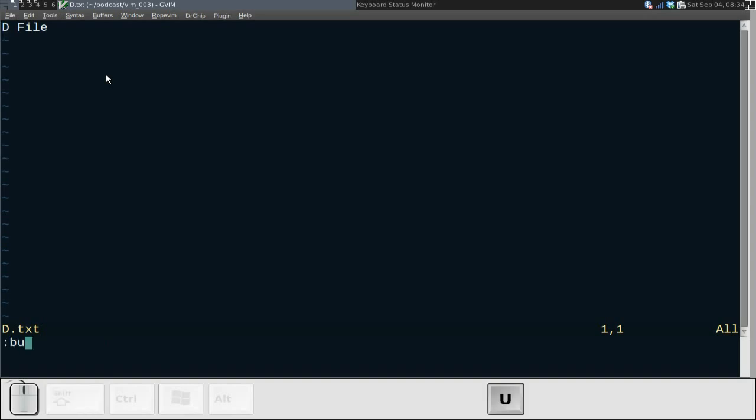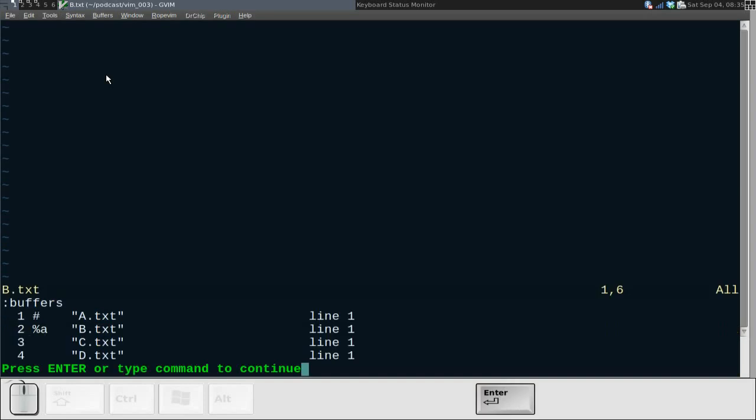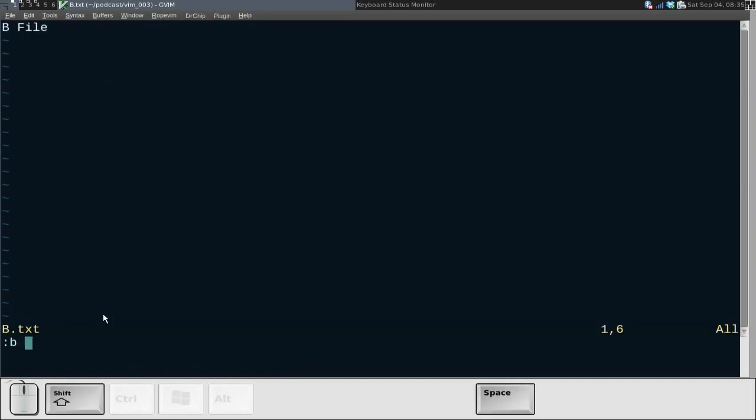The other thing that we want to shorten is, earlier we had said we could do :buffer 1. That's great and all, but we can also do :b1, or let's do :b2 so we can see something change. All right, so now we've got the same 4 buffers, just like before, but now we can jump between them by giving just their number.